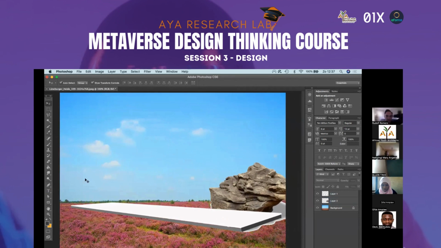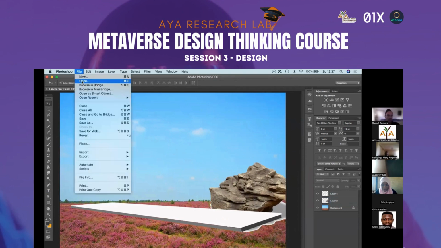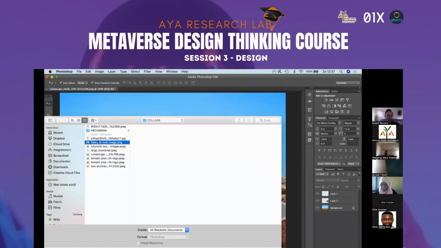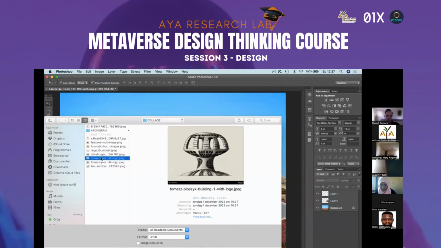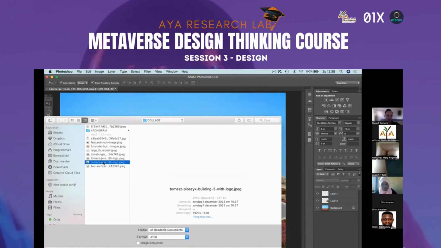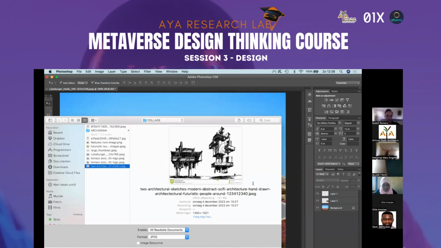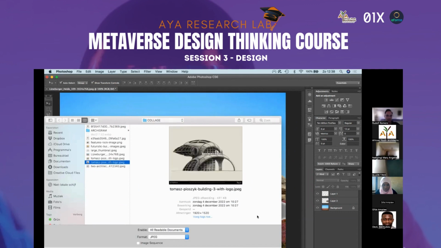And so this becomes to look like a collage. I had some drawings that I thought would be interesting, you know. Maybe like this.